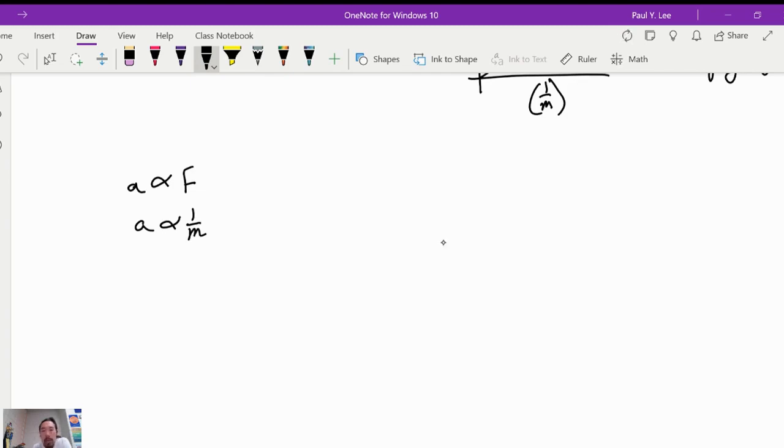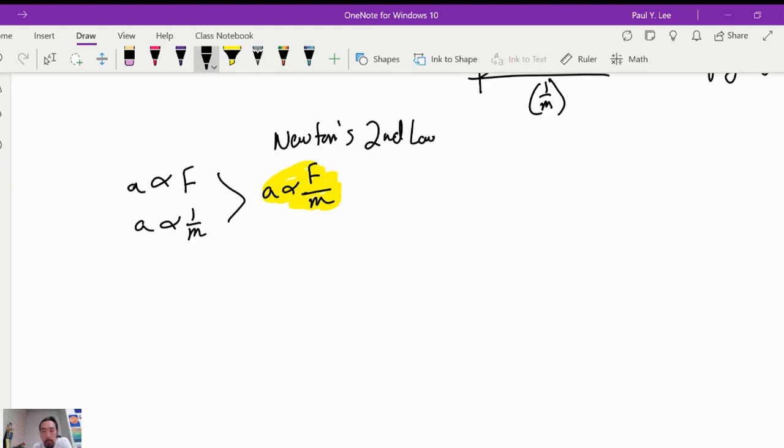And so we can combine these into one relationship. We can say acceleration is directly proportional to the force, and is directly proportional to 1 over the mass. And so this is the big relationship for this unit. This relationship here is what we call Newton's